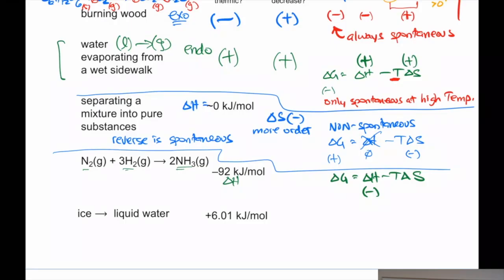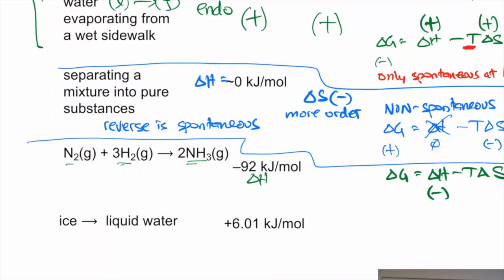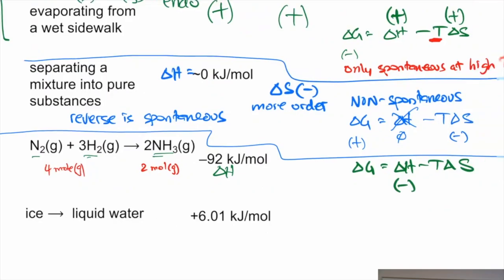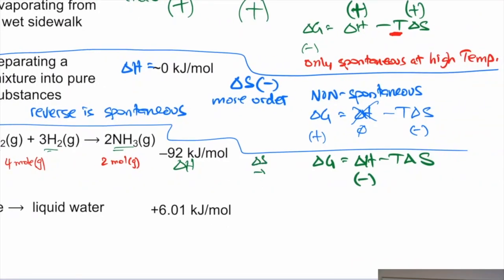How many moles of gas are in the reactants? 4 moles of gas. How many moles of gas are in the products? 2 moles. So if you just look at the moles of gas on each side, you can make a pretty strong prediction of whether the entropy is increasing or decreasing. Entropy is decreasing because we're going from 4 moles of gas down to 2 moles of gas. That's more organized. It's less dispersed. Okay? So that means delta S is negative here,